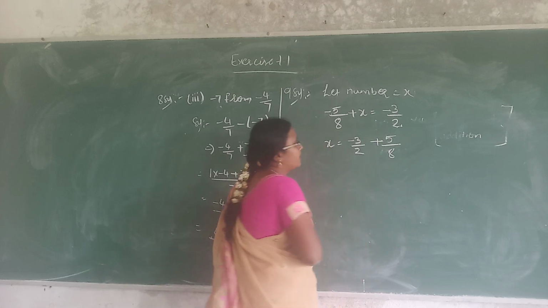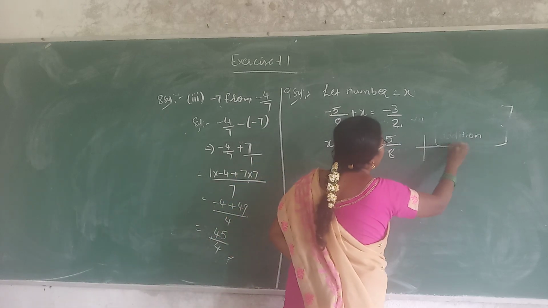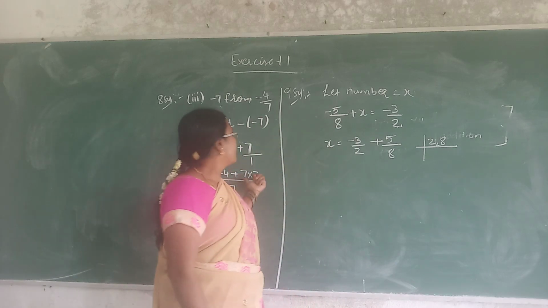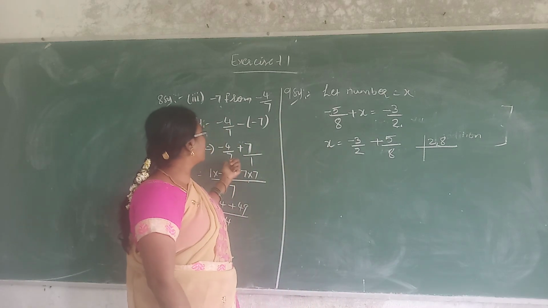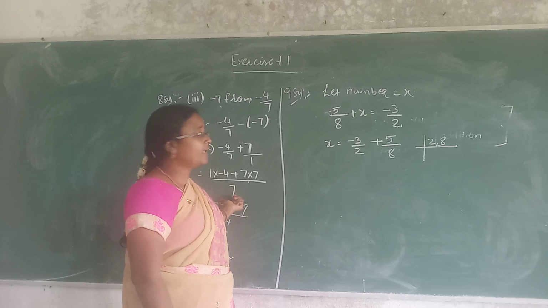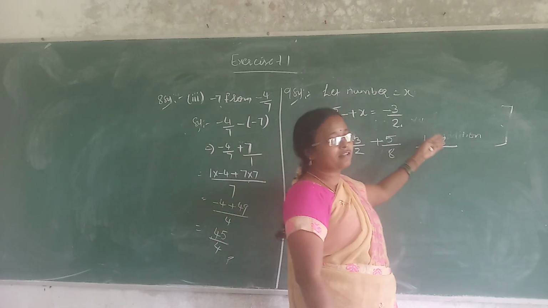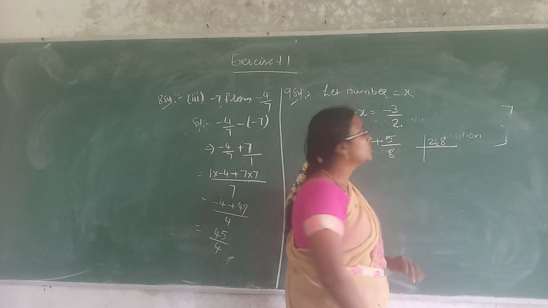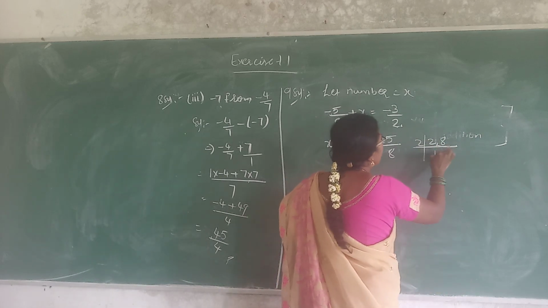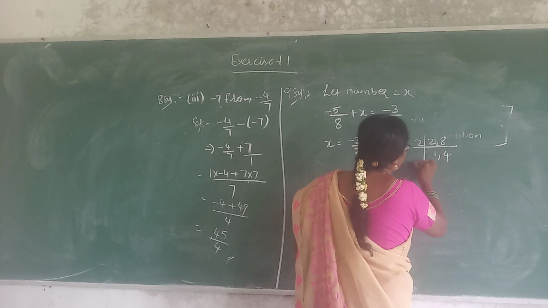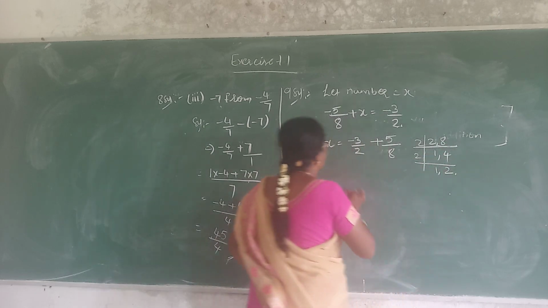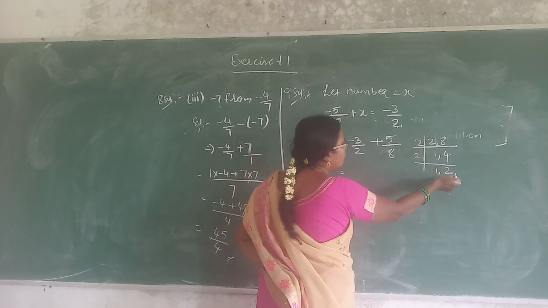Now take the LCM of 2, comma 8. Children, observe here I am making the LCM, but before in these problems I did not take the LCM, I directly multiplied. Why am I taking the LCM of 2, comma 8 here? Because they have common factors. So go for this: 2 1s are 2, 4s are... Continue again until you get the prime numbers. 2 1s are 2, 2 2s are 4, 4 2s are 8.